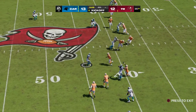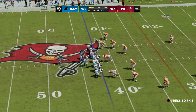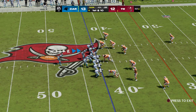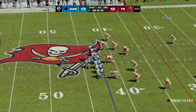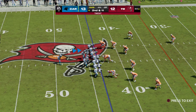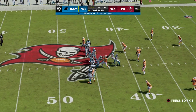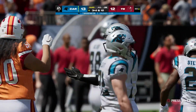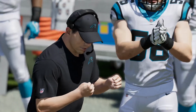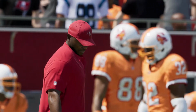Onside kick. It scoops. DJ Moore has it with 4 seconds left. And the Panthers are going to win this one 13-12. Bucs use their last timeout. Bridgewater takes the knee. The Panthers survive. And the Bucs, after a huge final drive,